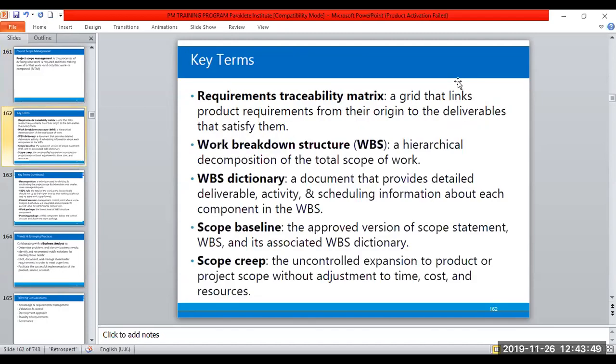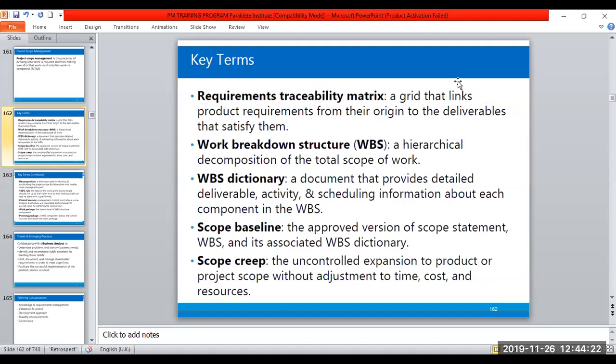Furthermore, we have key terms like requirements traceability matrix. We're going to get all of that along the course. It is a grid that links product requirements from their origin to the deliverables that satisfy them. We're going to get more about that later. We have work breakdown structure. It's a hierarchical decomposition of the total scope of the work. Work breakdown structure dictionary is a document that provides detailed deliverable, activity, and scheduling information about each component in the